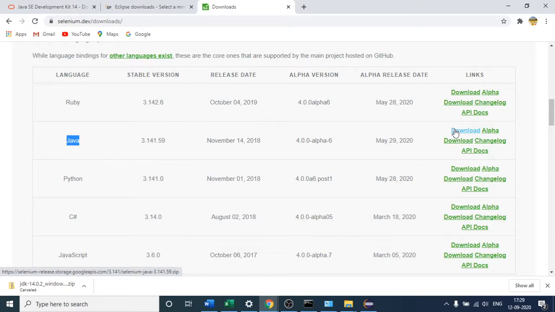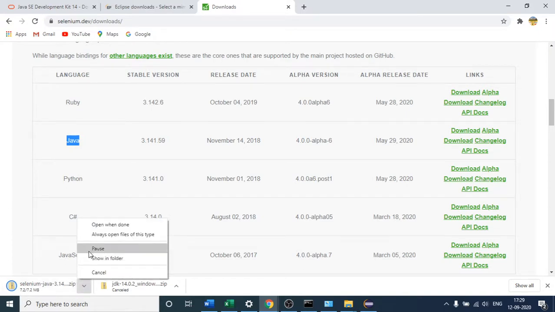After you download this, you will get some jar files in your system. Let me click download. You can see that it has already downloaded very fast. Let me wait. I think it has downloaded, and now you have to click show in folder. Let us wait a few seconds. I think it is not opening.